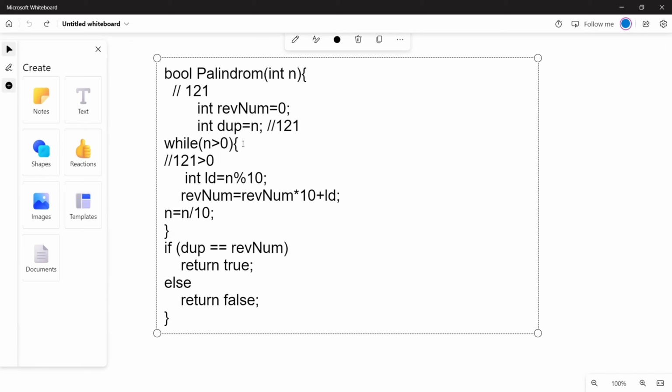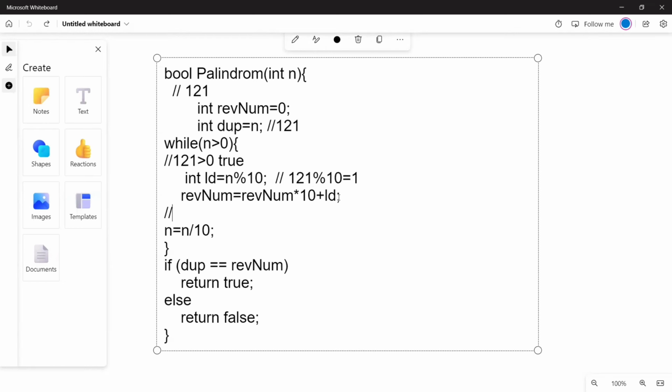Yes, it is true. So we go inside the while loop and perform the operation. Here int last digit equals n modulo 10. This operation is basically to get the last digit of any number. So 121 modulo 10 is equal to 1.